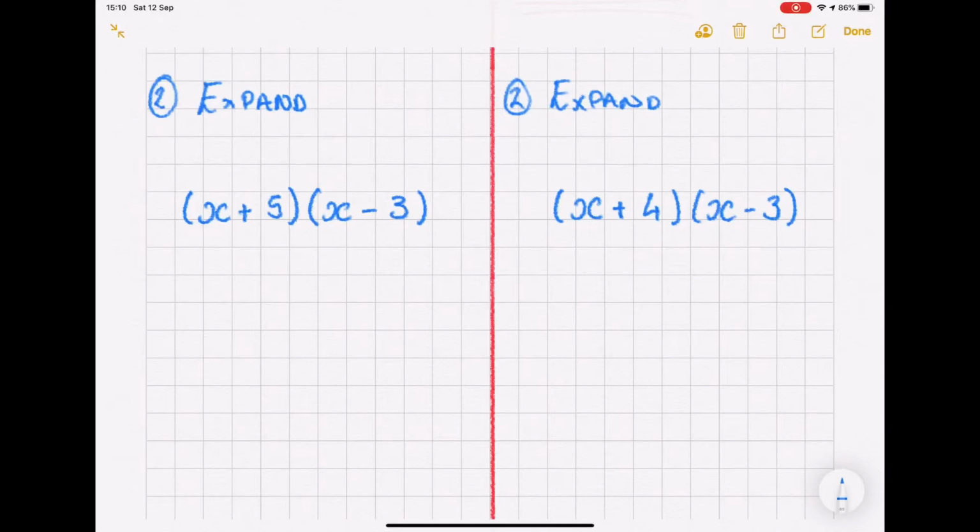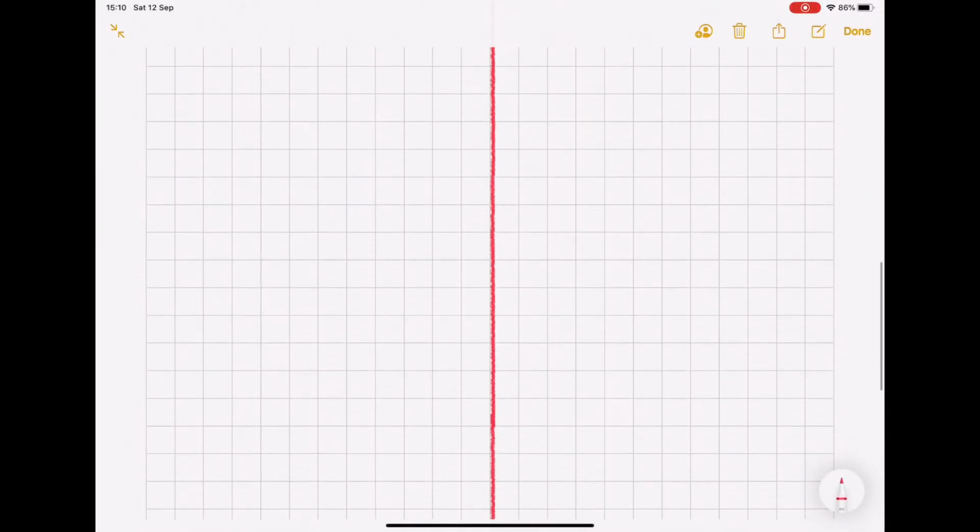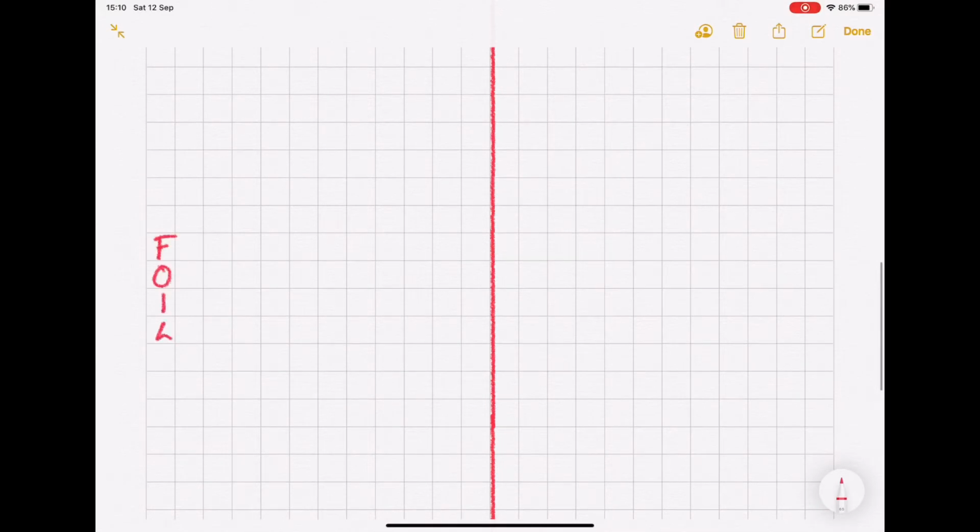Okay, so let's look at a second example for expanding double brackets. Now I said that we're using the FOIL method. I didn't really go over what that is in the last video, so I'm just going to write it down here. So FOIL, F-O-I-L, and it stands for first, outer, inner,